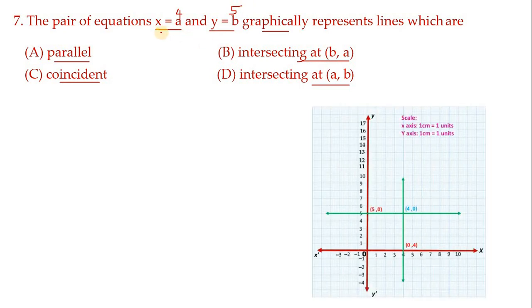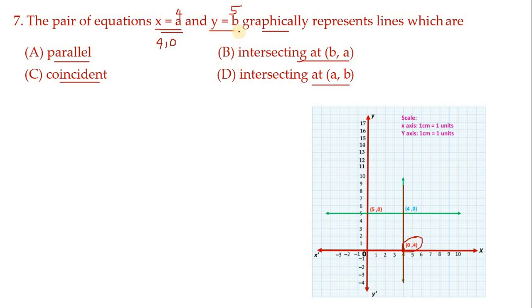See, when x equals to 4, your y term is missing. So y you have to take 0. So 4, 0 you will get for this. So 4, 0 means, 4 is here. And 0 means 0 also coincides here itself. So this line passes through this point.